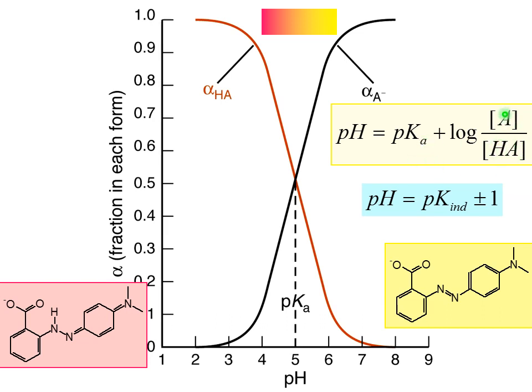If the ratio is 1 to 10, you'll have pH equal to pK minus 1. 10 to 1 and 1 to 10 are convenient approximations for the highest and lowest pH you can see with this indicator. So when you have 90% of yellow form and only 10% of red form,